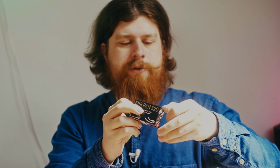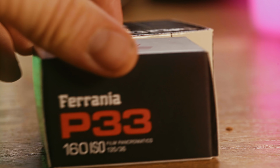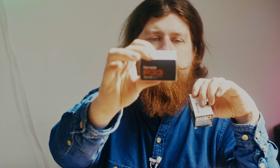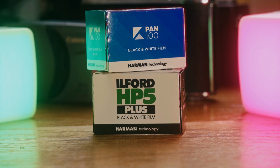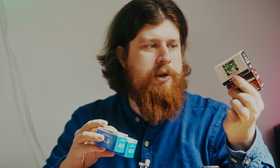also 1 roll of this film, which has an absolutely gorgeous packaging, Kikipan 320, the normal P30, which is 80 ISO, and this P33, which is 160, so double ortho, also by Ferrania. And the rest is pretty basic, like Fomapan 400, some Kentmere, some JCH Street Pan, Ilford HP5,